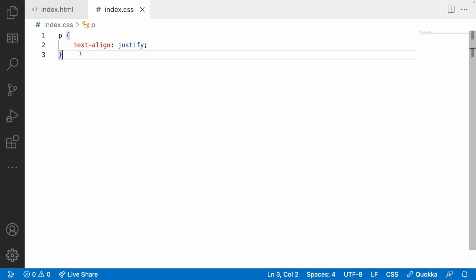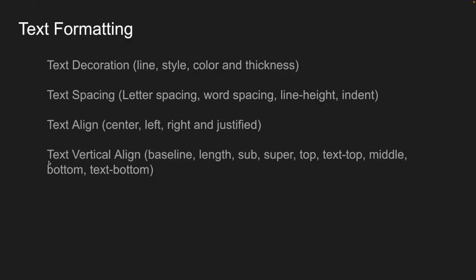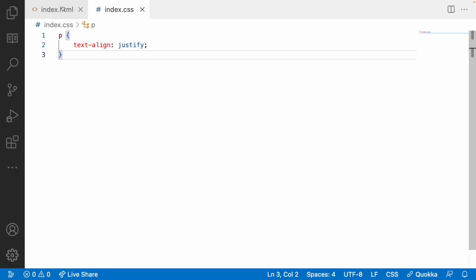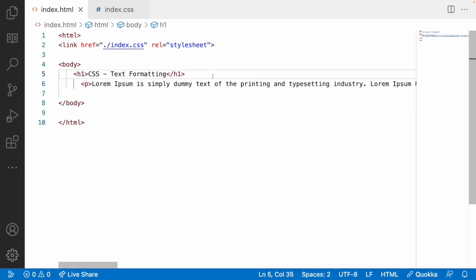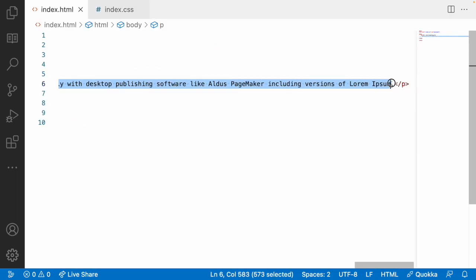So that's about your text alignment. And next, let's go with the text vertical alignment. Vertical alignment can be done with different properties. Let's see how those properties work. For our understanding purpose, I'll remove all this big data or